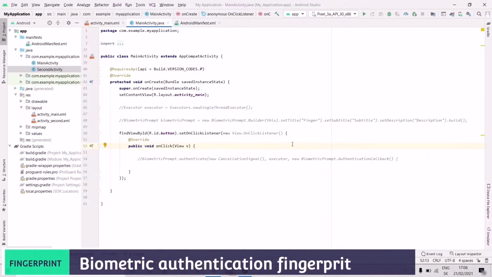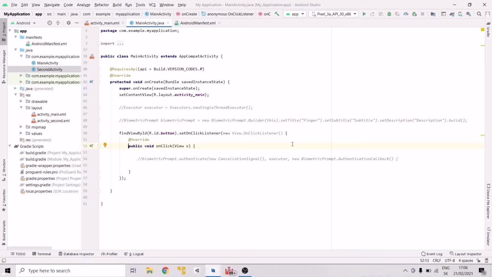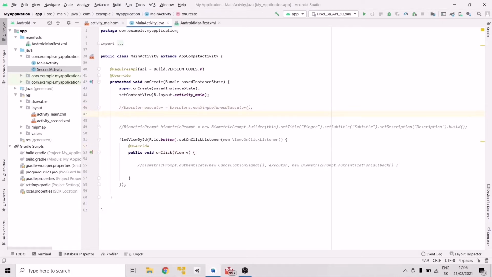Hello guys and welcome to this next tutorial. In this tutorial I will show you biometric authentication with a fingerprint. So let's get to it. Now I will show you step by step how to do the fingerprint authentication by